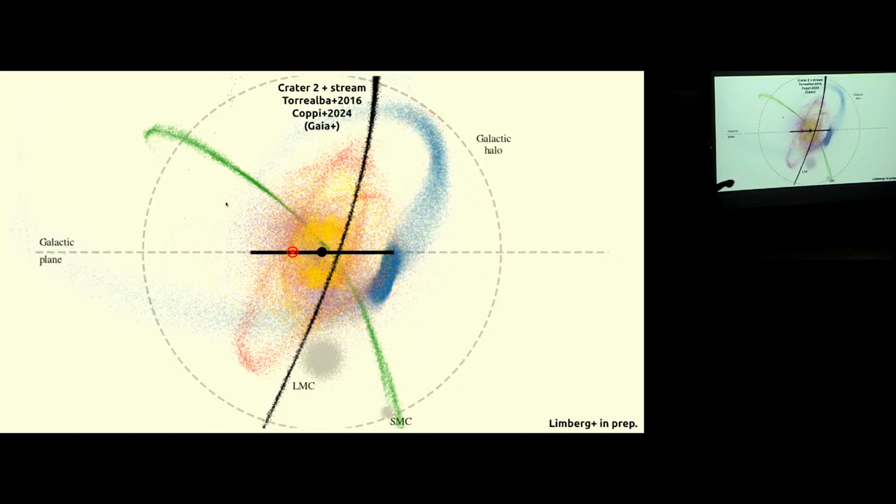And so they are important on their own because we are actually going into this regime of detailed evolution of these dwarf galaxies.